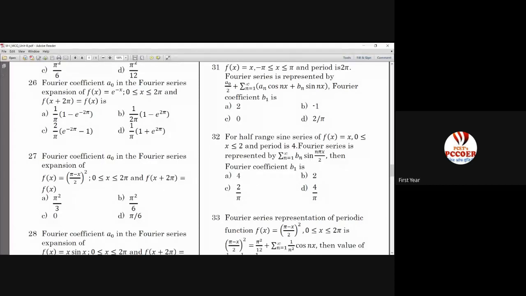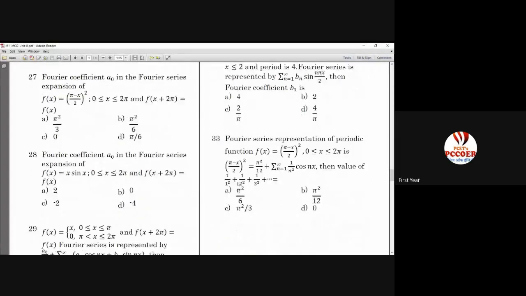Okay, minus x cos of pi x by 2 upon pi by 2. So when you put x is equal to 2, 2 and 2 get cancelled, cos pi is minus 1 into minus 2, that is plus 2 divided by pi by 2, which becomes 4 by pi. Is it clear to everyone? Yes. Okay, then we'll go to the next question.